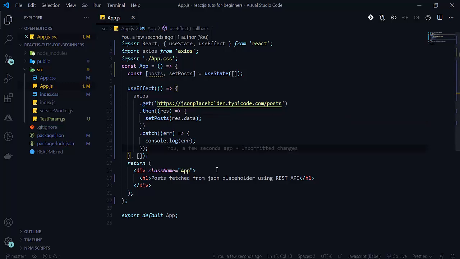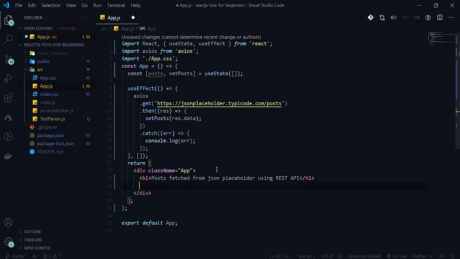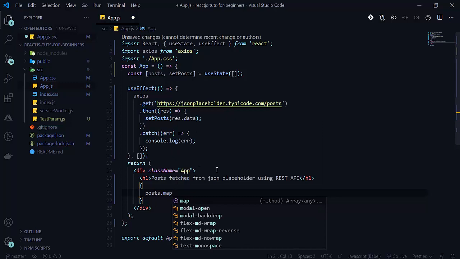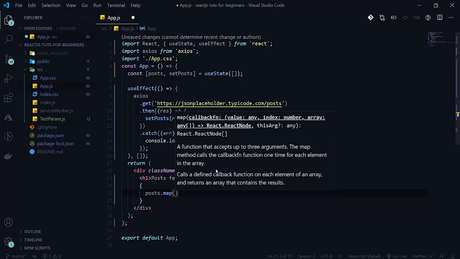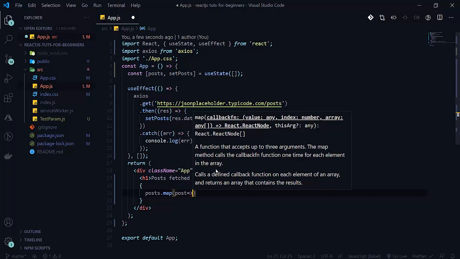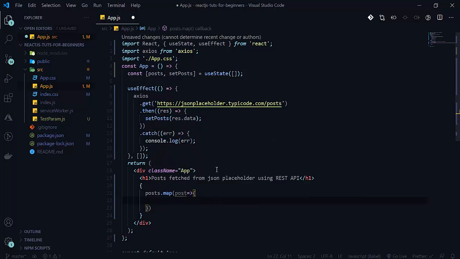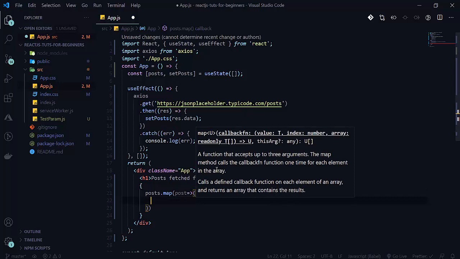So let's first of all use the map statement here, because our data is an array. So here it is posts.map, and after that here will be our post, then an arrow function, and now we want to return something here, so there will be parentheses.